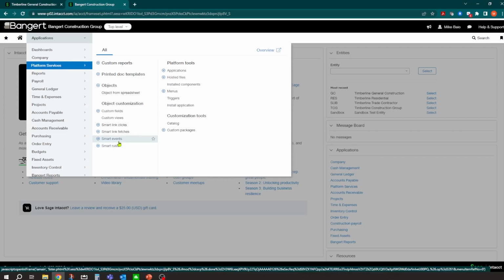And what you can do is use these smart rules, for example, to check that. So when somebody's setting up a new subcontract, you want to make sure you have an insurance expiration date, or you want to make sure you have an email address, or a checkbox that you've received their W-9, or just different things in the system.